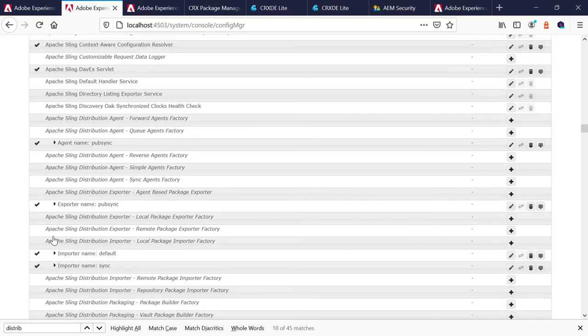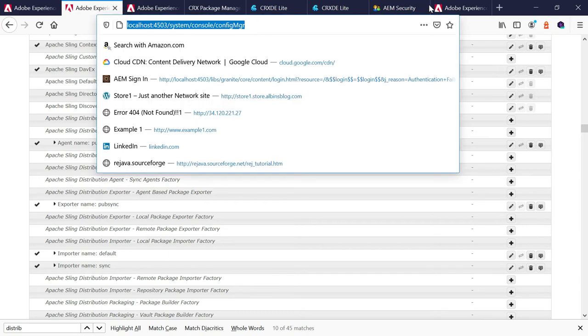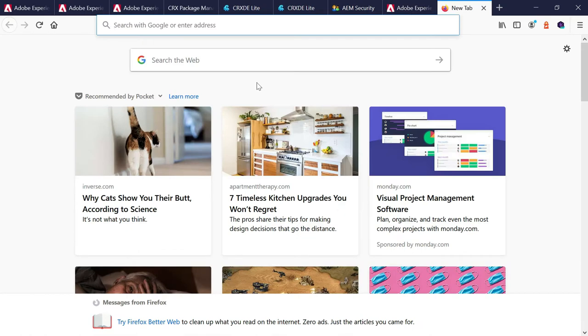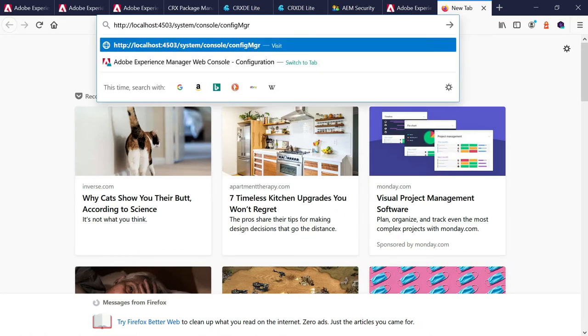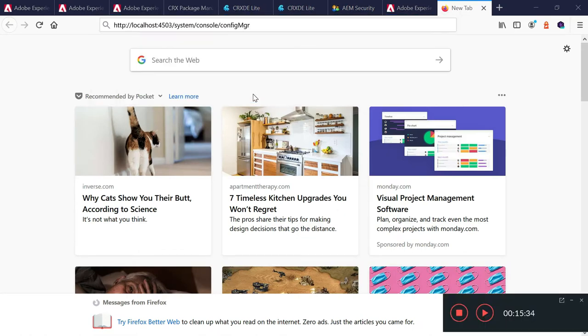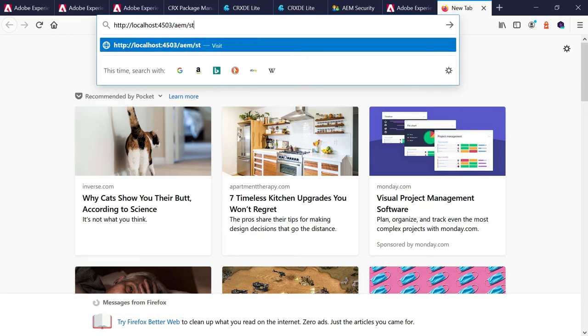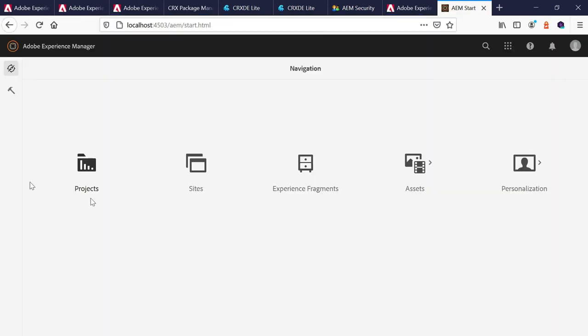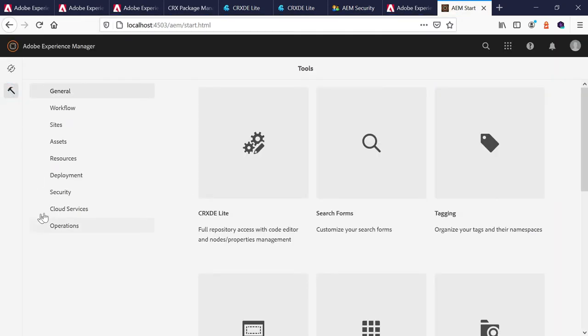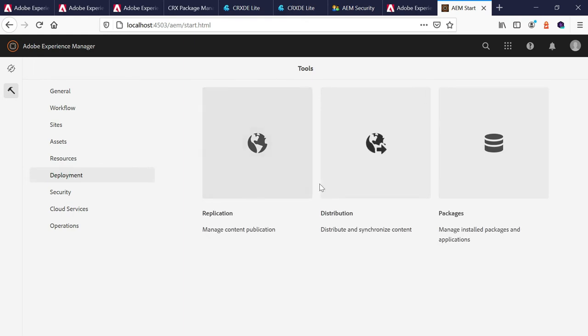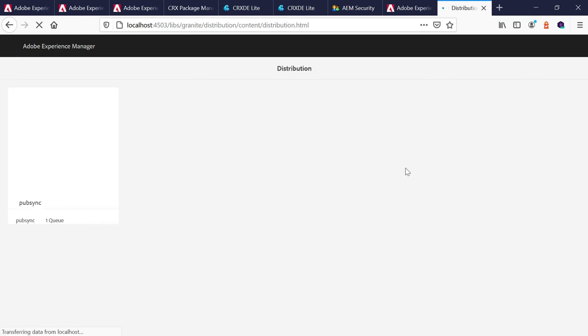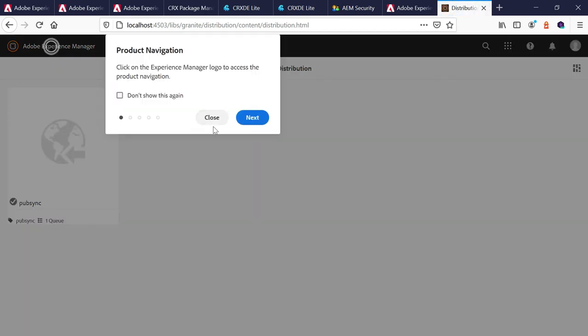We can now verify the agent through the console. Let me go to aem/start.html. Go to Tools, Deployment, Distribution. Here you see PubSync.